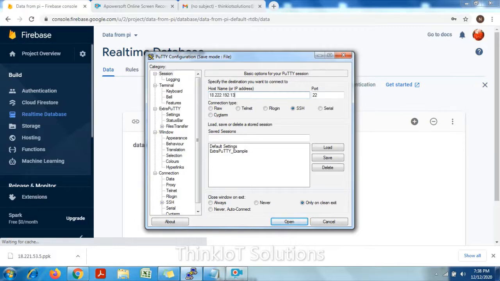This is the IP address of my AWS server that I have created for myself.